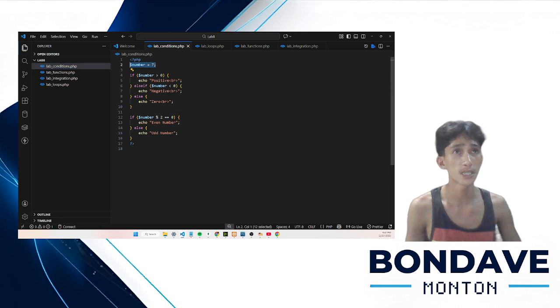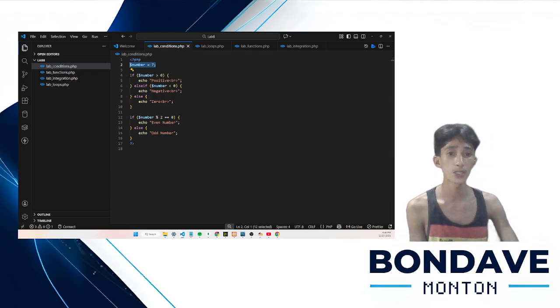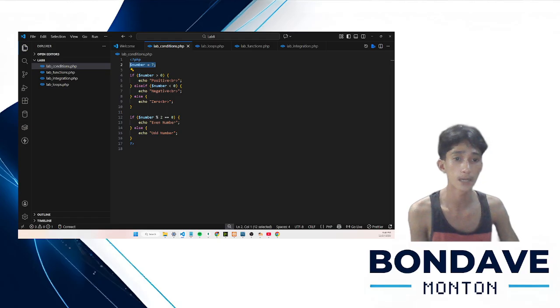As you can see, the line number equals 7. Here we store the number 7 in a variable called number. This is the value that our condition will evaluate.